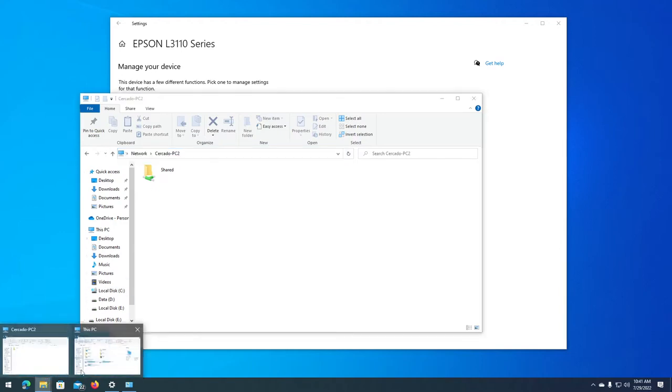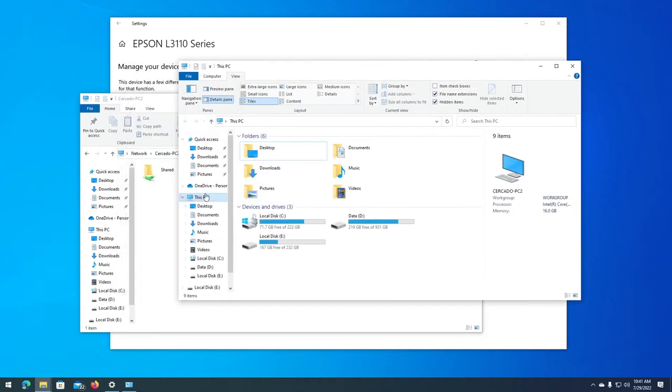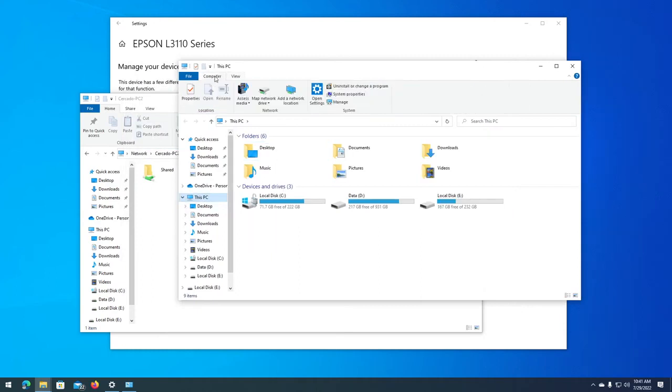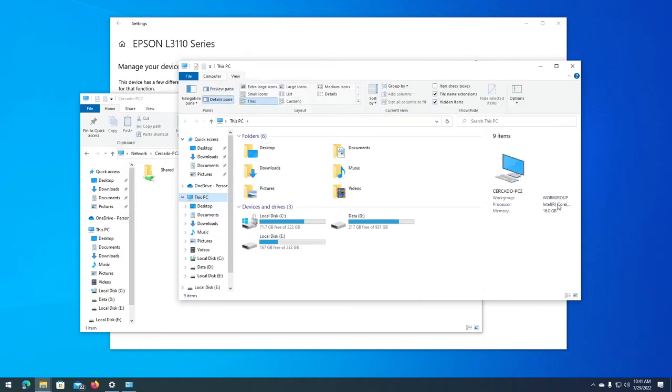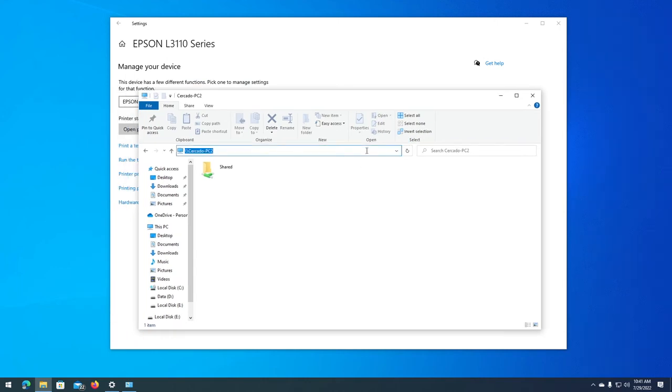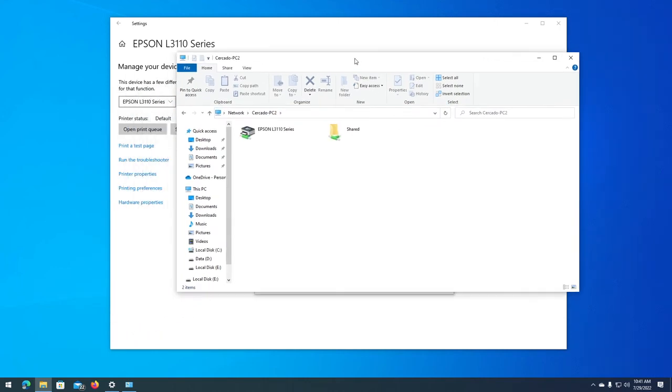If you don't know your computer name, you can go to This PC. It's this link right here, and then you can just enable the Details pane under the View tab, View, Details, and the computer name will appear right here. So Surcato PC2. Type that into the other computer, and let me enter it. And they should be able to see your printer as an available resource,